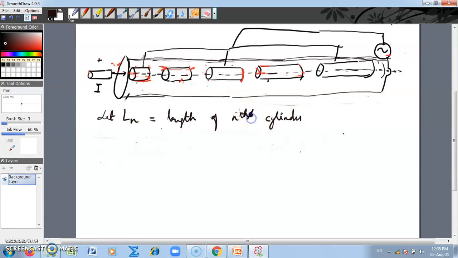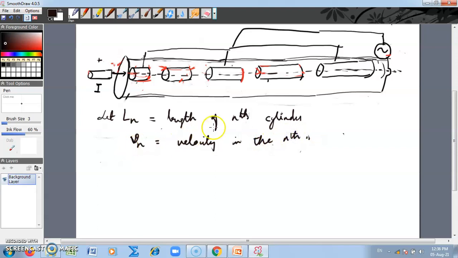It should be L n-th, like this. And let Vn be the velocity in the nth